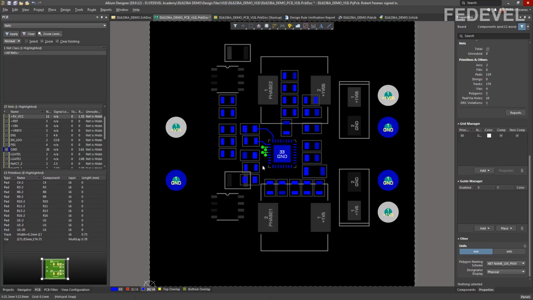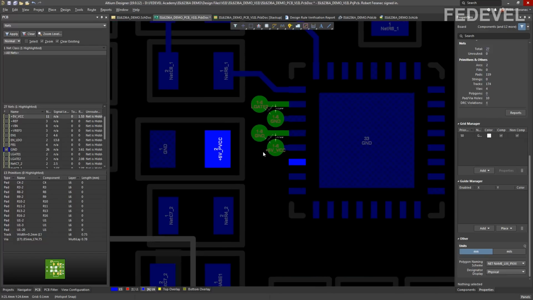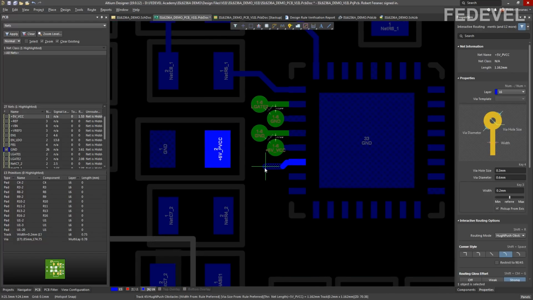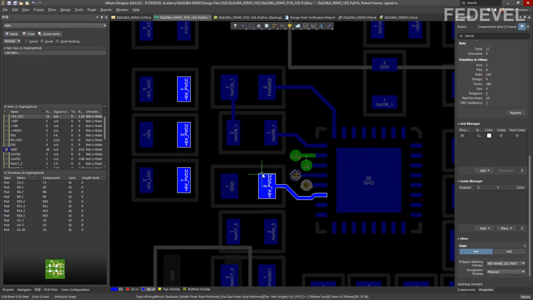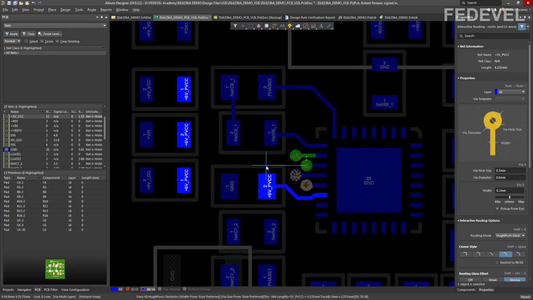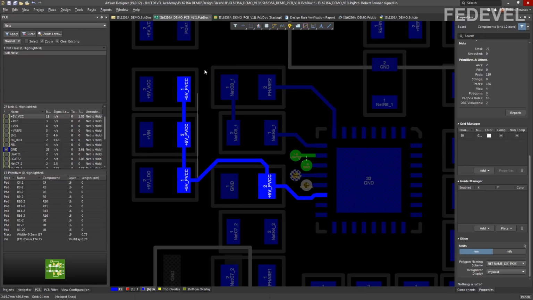The next pin is connected here. Left click, left click, left click, left, left, left, left, right click.